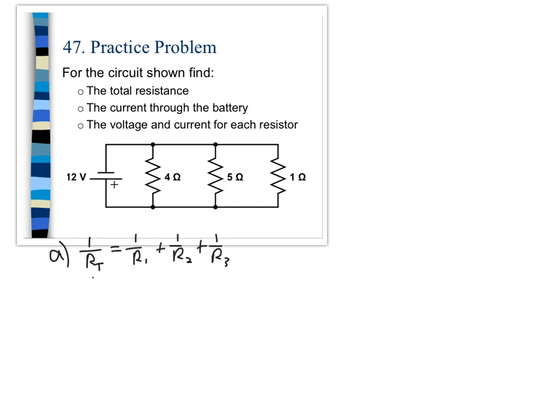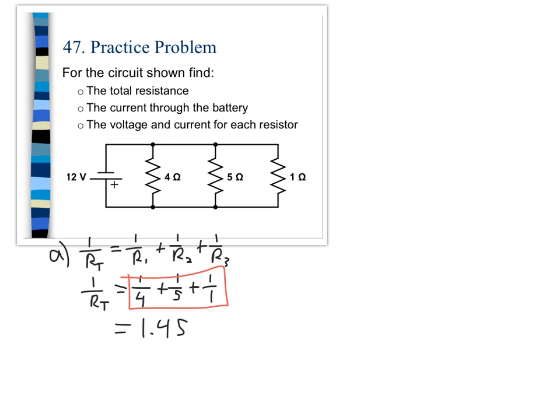So 1 over RT is equal to 1 over 4 plus 1 over 5 plus 1 over 1. We certainly could find a least common denominator, but I would just put this into your calculator. I would take 1/4 plus 1/5 plus 1 over 1, which is just 1, and add them all up. What you end up getting is